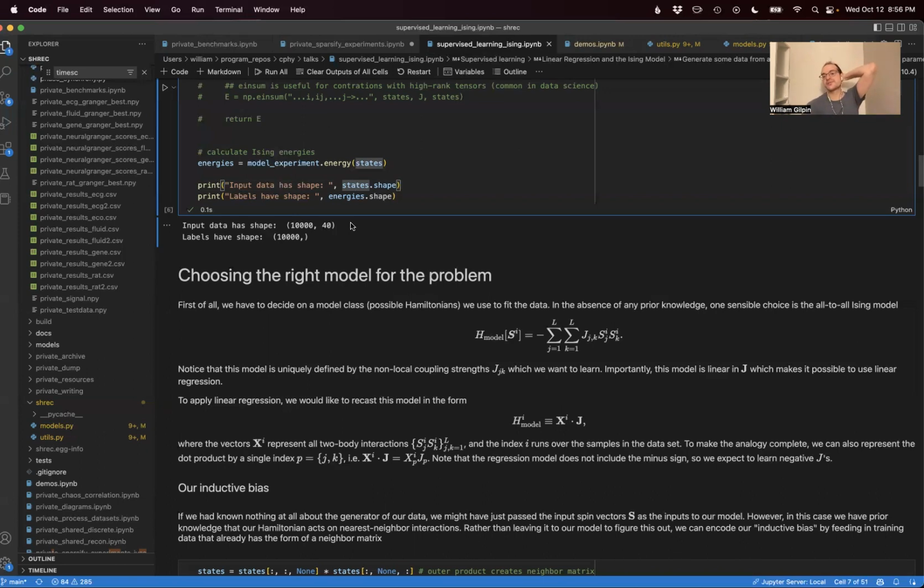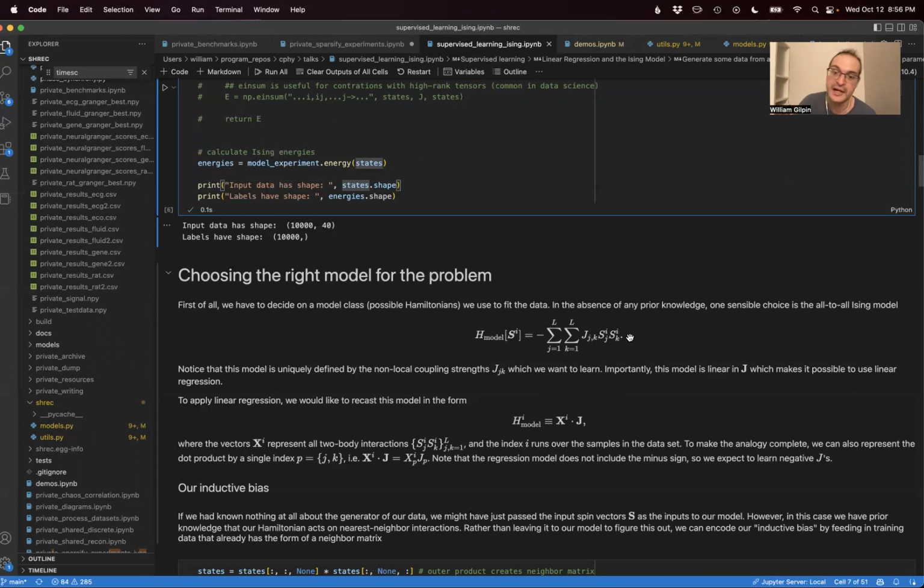Okay, so I might just mention that I've done a couple of weird things here, right? One of them, and this is probably the most important one, is that I've applied a little bit of domain knowledge to this in order to know that I could do this reduction here. And that I've assumed that I don't necessarily know what the coupling among two spins are. I just know that they happen to interact in pairs, right? So if I had something like a higher order Ising model where you had intrinsic 3-body or 4-body interactions, this approach wouldn't work. So here I've just sort of used the fact that I know that spin systems tend to